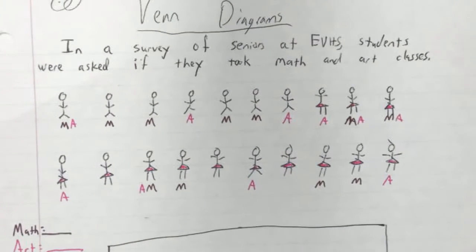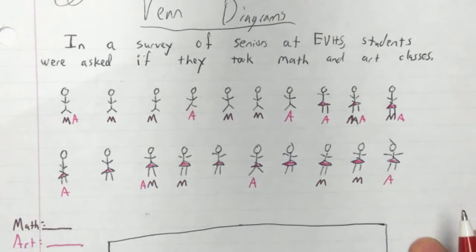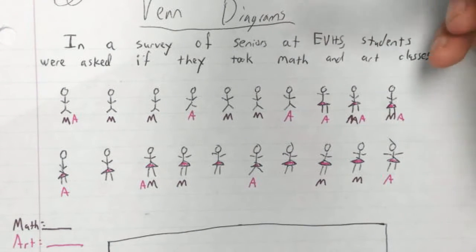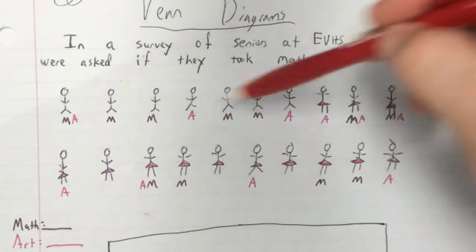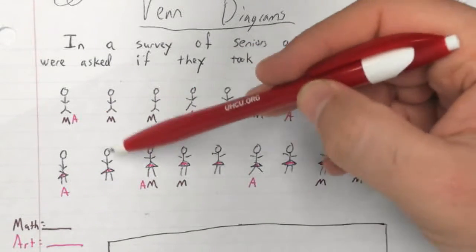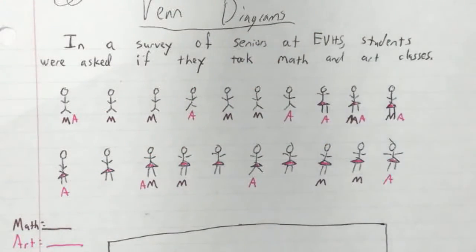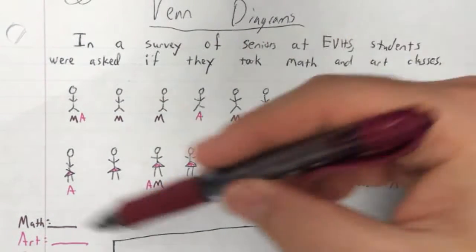So I gave a survey to seniors at EVHS. By the way, this is a fictitious survey. I didn't actually do this. I made it up for the point of this example. Students were asked if they took math and art classes. And I drew out all of my people. I got my boys up here, my girls down here, and told you whether or not they were in math, art, both, or neither. So let's go through and find out how many of these 20 students